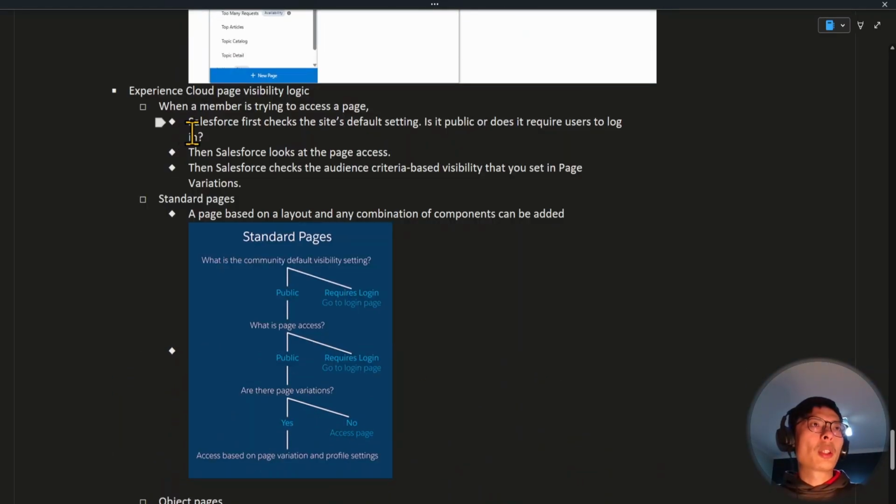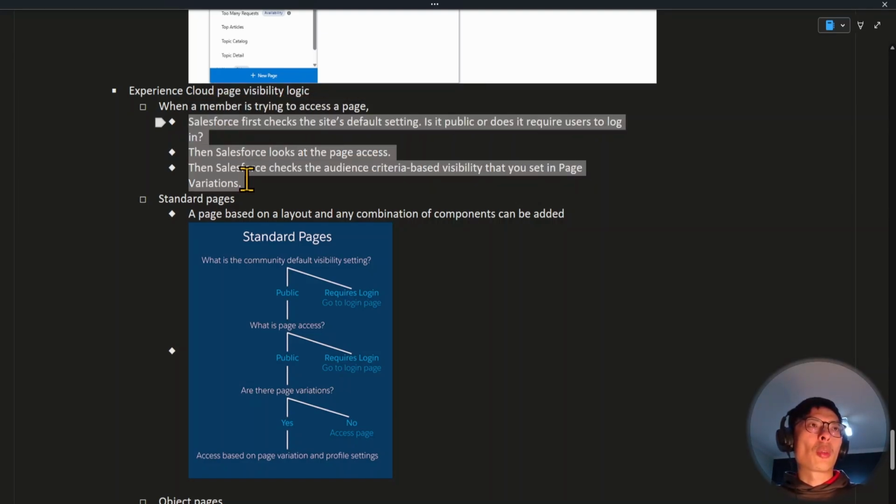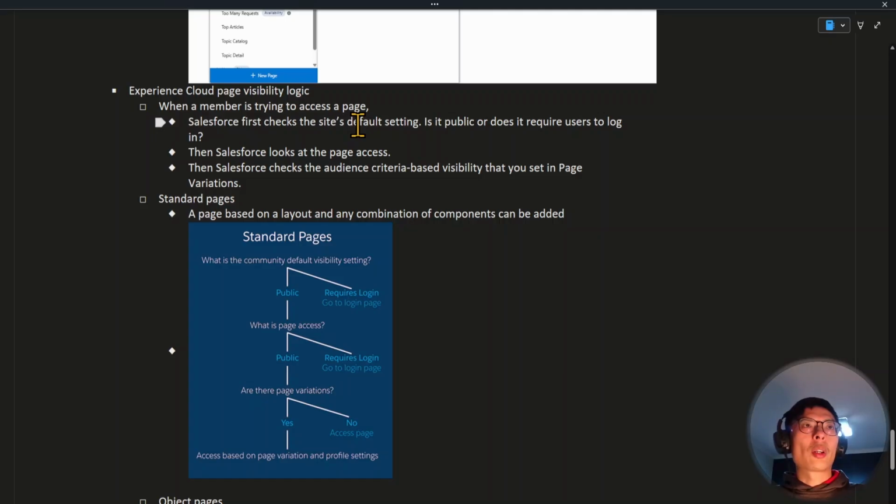All right, so putting this together, how does the Experience Cloud page visibility logic work? On a high level, when a member is trying to access a page, Salesforce checks a few things. First, it checks whether the site default setting is public or private. If it's private, it will ask the user to log in. Then Salesforce looks at the page access. If you have access to the page, then Salesforce checks whether you have access to the page variation based on